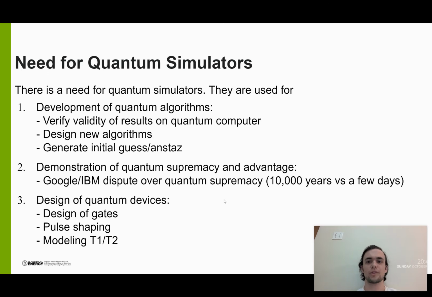So why do we need quantum simulators? Of course, we need them to generate new algorithms. Scientists don't always have access to high-end devices, and they don't always have access instantly. And there is more, like symbolic